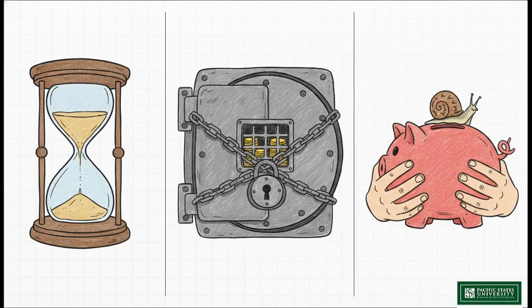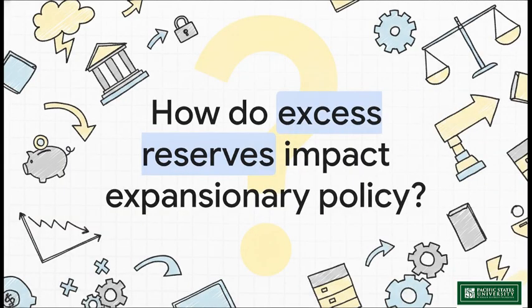Third hurdle, unpredictable velocity of money. The velocity of money is simply the speed at which a single dollar bill changes hands in the economy over a year. If people get scared and start hoarding cash, stuffing it under their mattresses, or leaving it parked in checking accounts, the velocity of money plummets. If the money isn't moving, it doesn't matter how much newly printed supply the Fed pumps into the system, the slow velocity effectively cancels out the central bank's efforts. Truly understanding these complex mechanisms, and perhaps more importantly, understanding their inherent real-world flaws, is exactly what separates a novice from an informed, critical economic thinker.